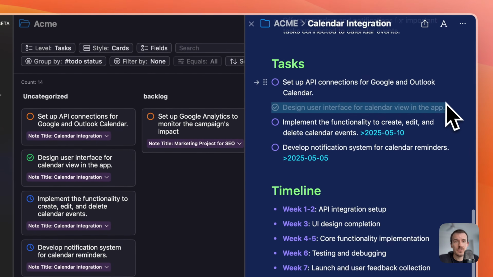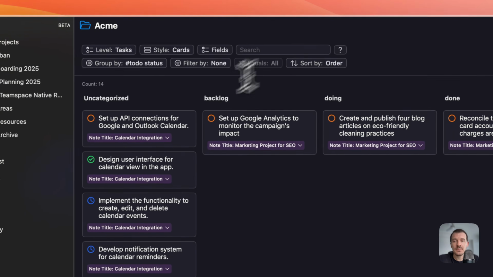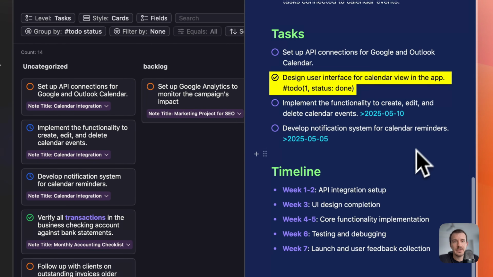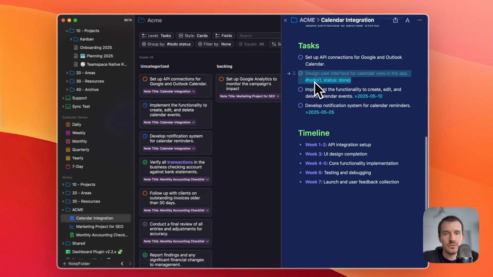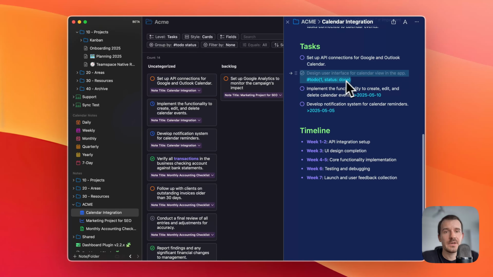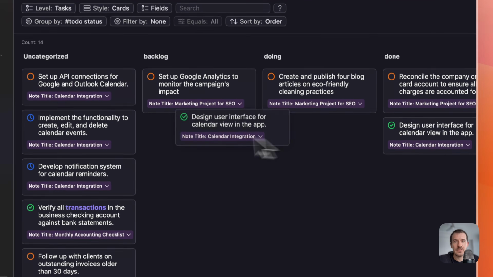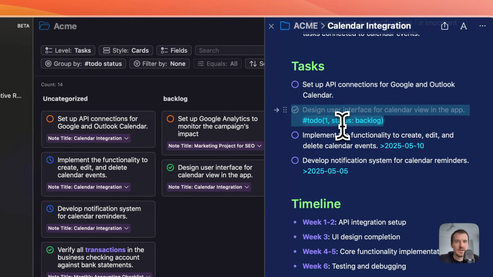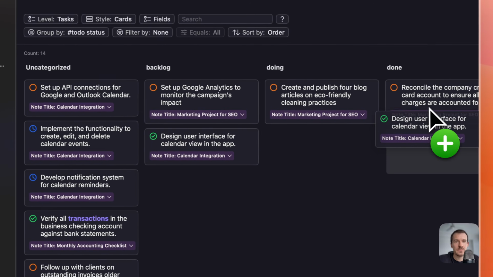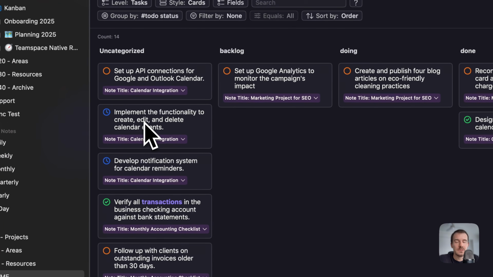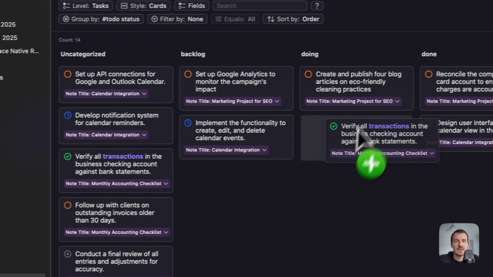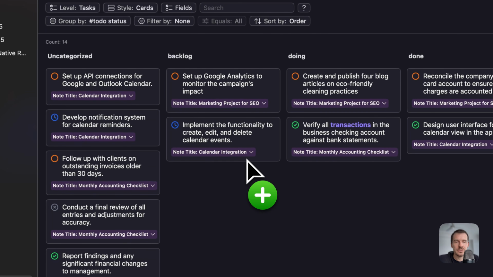So this one has no tags at all, design user interface. So this is done, so we can actually move it to the done column. Now if we open it again, you see it added the to do, the order index, and the status done. Now if we move the same card again to backlog, it changed the status to backlog inside the tag. So it updates the tag inside the node of the task, and now you can use it as a fully functioning